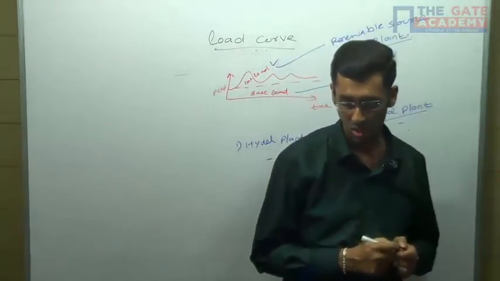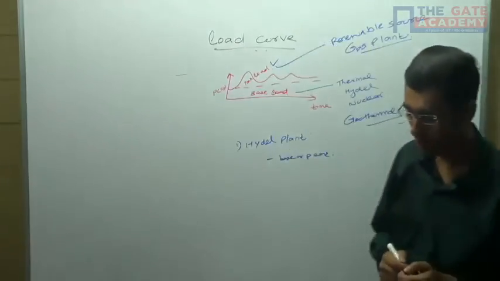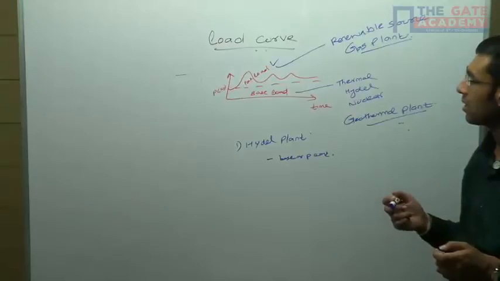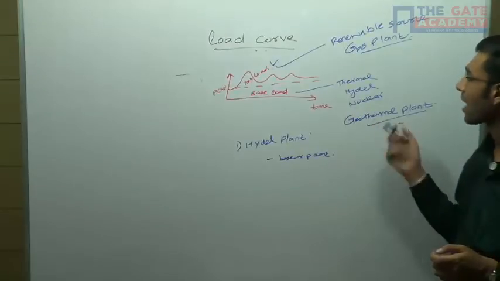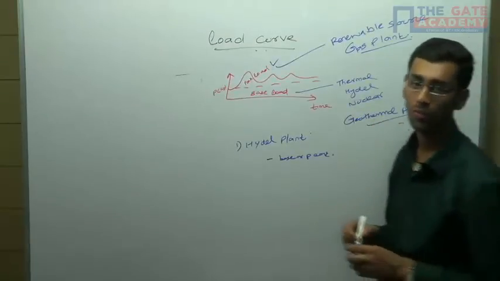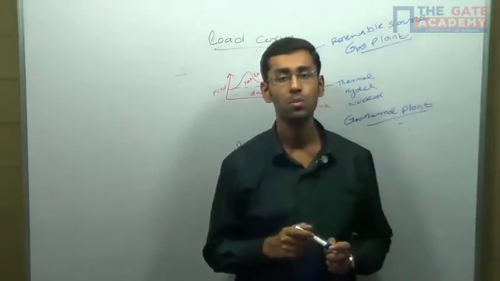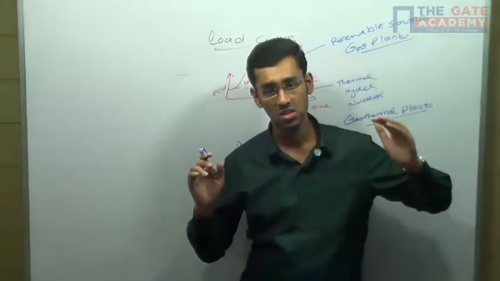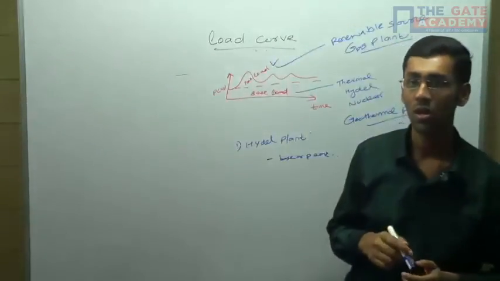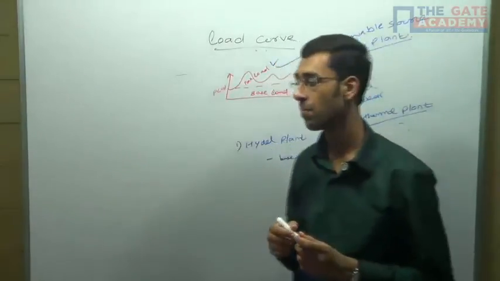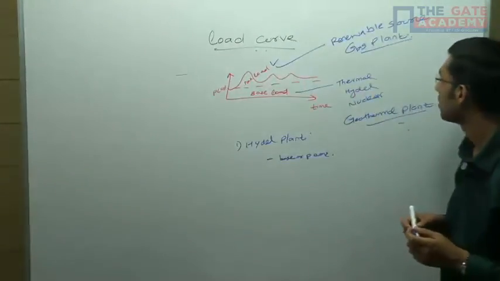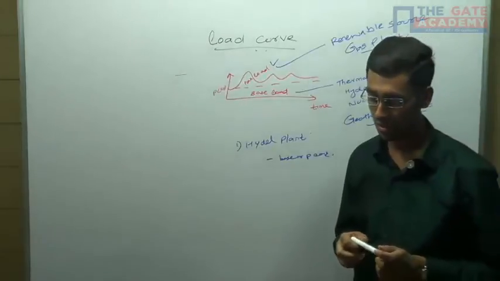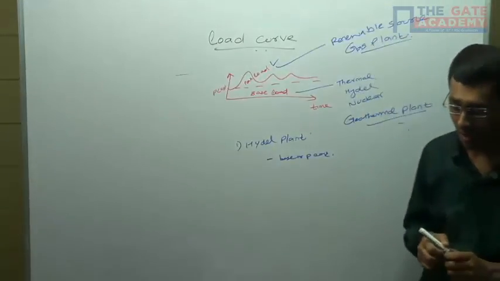That's the exception. Now diesel plant, if you have options like base, peak, either base or peak, or backup, which one will you go for? Then you should not go for the peak, because diesel plant is always used as a subsidy, as a standby generator, or as a backup. So at that time you have to go for backup. Diesel power plant is used as a backup.